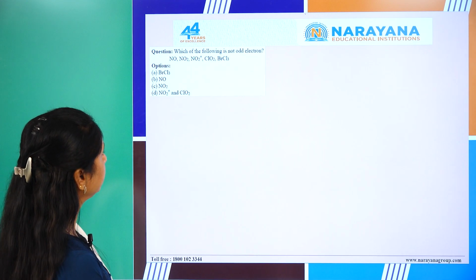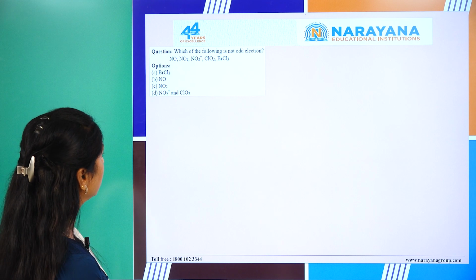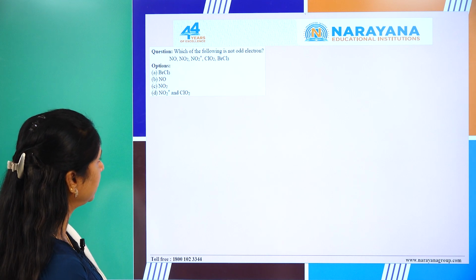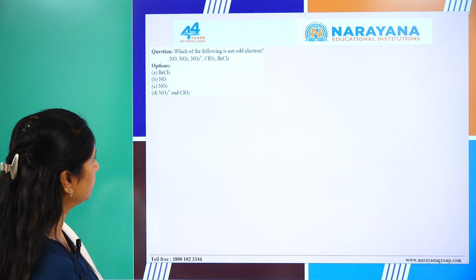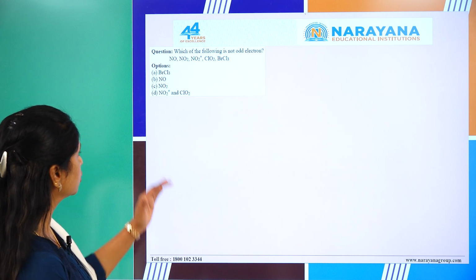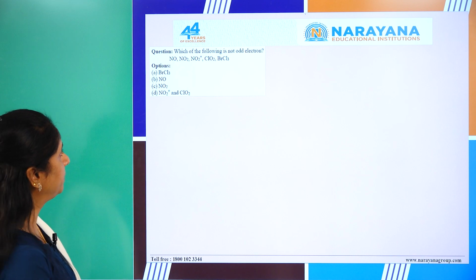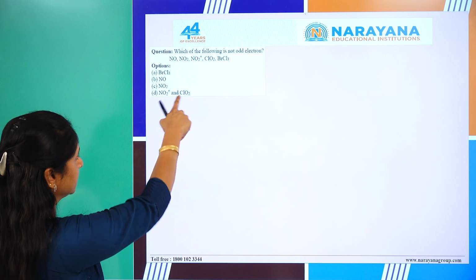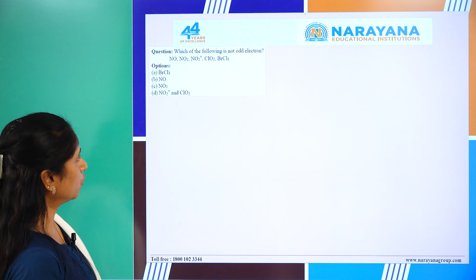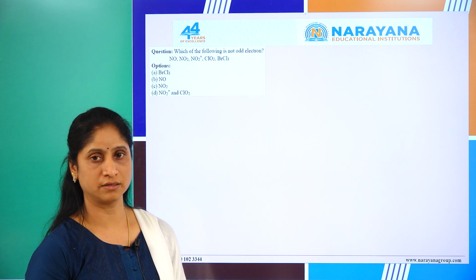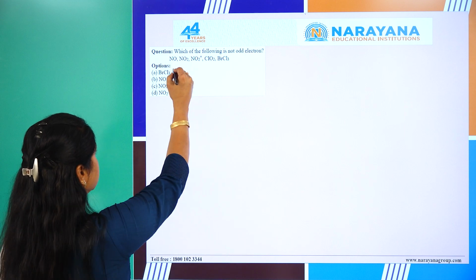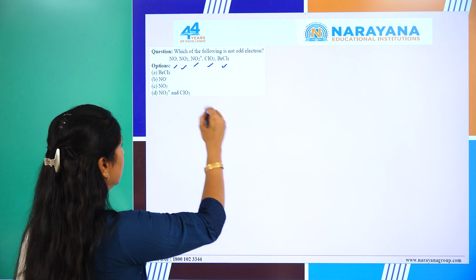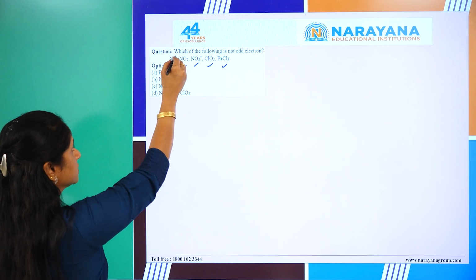So they are asking which of the following is not odd electron: NO, NO2, NO2 plus, ClO2, BrCl3. So maybe the question is not properly framed by the students. So of course observe here, BrCl3, NO, NO2, NO2 plus and ClO2 they are giving. So only exclusively ClO2 is not given. Out of the given species NO, NO2, NO2 plus, ClO2 and BrCl3, you have odd electrons in NO,